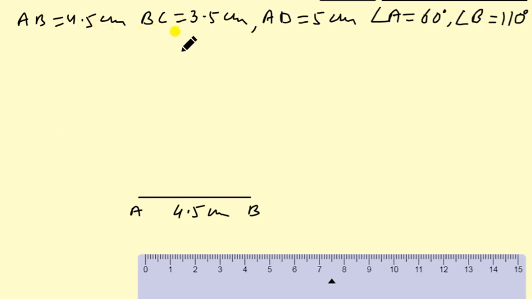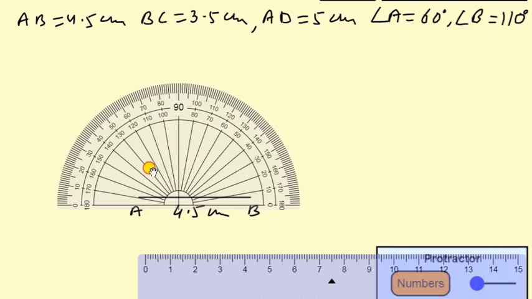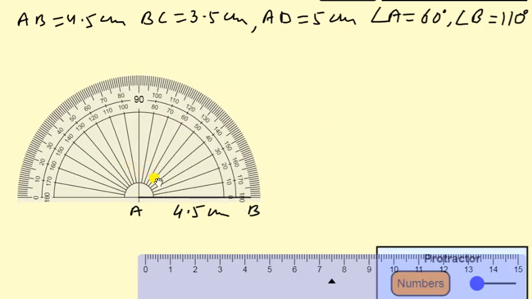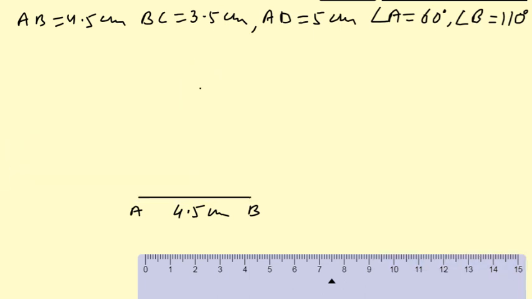Now draw an angle of 60 degree at A. How can draw? With the help of protractor. So this one is your protractor. Now put the mark at 60 degree. That one is the 60 degree. So you can put here and now remove this protractor and draw a line which passes through that point. So you can draw this type, and their distance that is the AD is 5 centimeter.